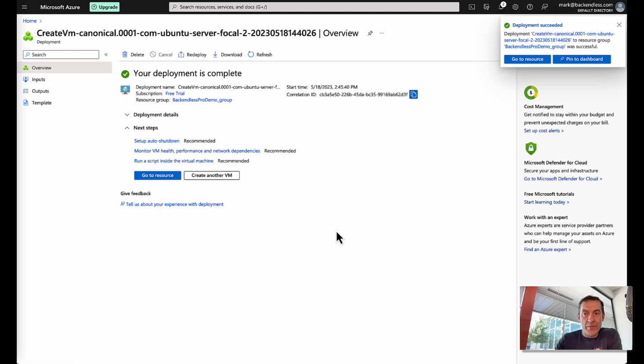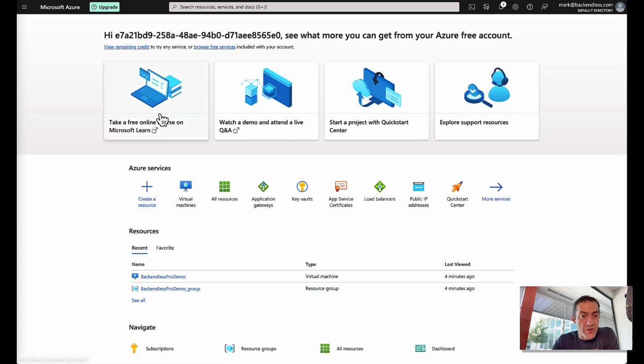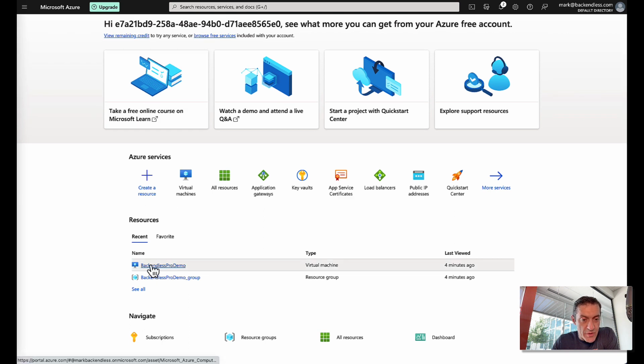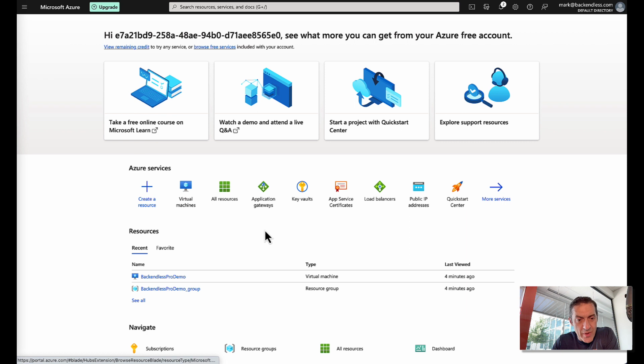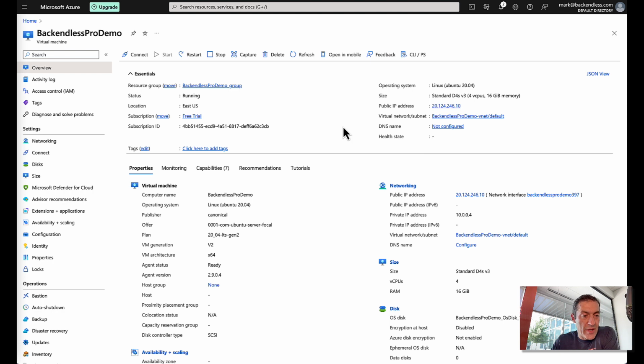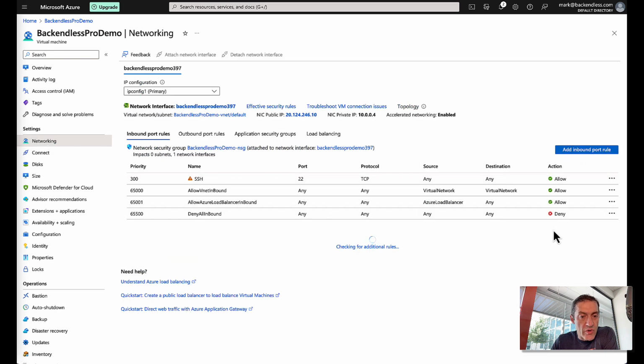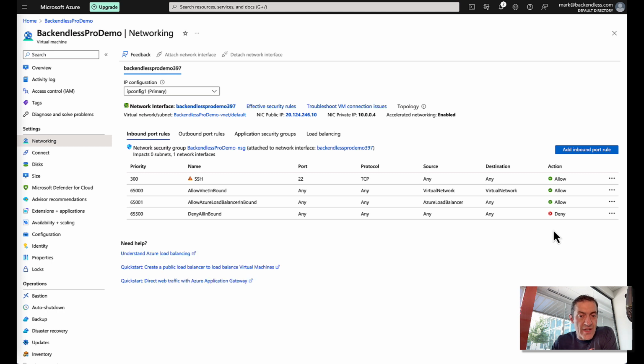Okay, now the virtual machine has been created. The deployment is complete, and the next step will be to open up the ports so we can access Pro Manager. For this, if we go to our virtual machine, so what I did is I went to the home interface, and then under resources, it is going to be in the list of the recent ones. You will see that the type is virtual machine with the name that we have assigned. Click on it, and this will be the management interface for everything related to that virtual machine. Click networking, and in here we can add inbound port rules to open up the ports that we need to access